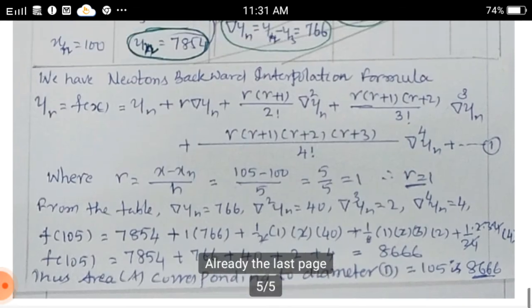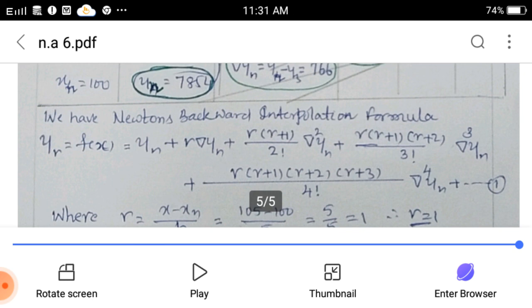Before attending the next class, you may learn this formula, Newton's backward and Newton's forward interpolation formula, and the construction of the difference tables. If you remember the calculation of r for forward and backward, the forward formula and backward formula are almost the same. In the forward formula it is r minus 1, r minus 2, r minus 3 and so on. In the backward, all the terms are r plus 1, r plus 2, r plus 3 and so on.